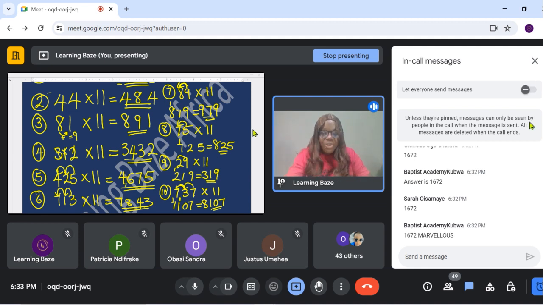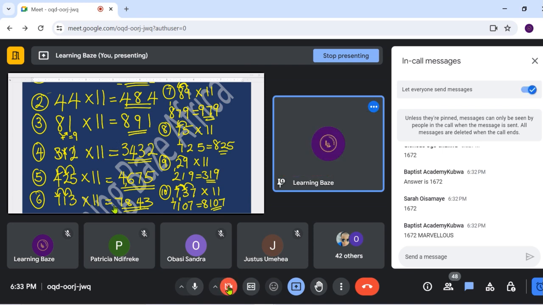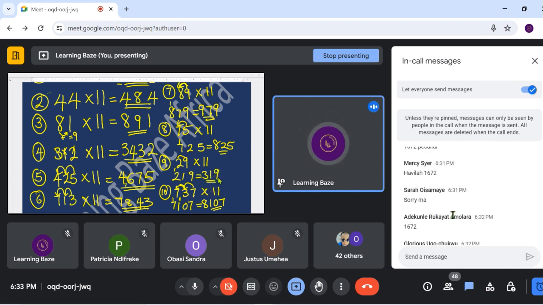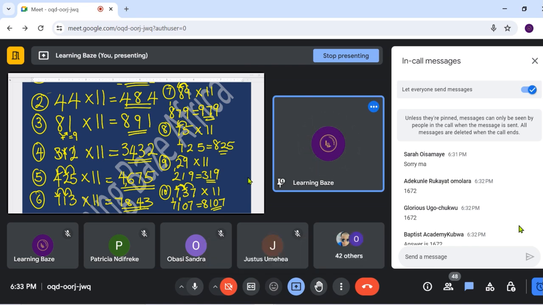Now, the last question for this section will now move into another aspect in math. All right, so we'll continue with this concept tomorrow. Are you ready? So what is 59 times 11? What is 59 times 11? Ready to post? Oh, wow. My comment section is filled. Yes, keep the answers coming.